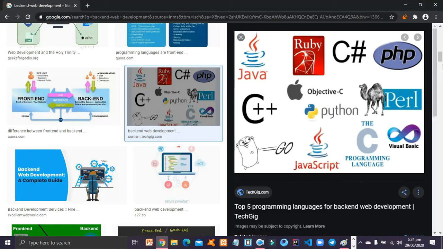So I hope you are understanding the basic front end of the website: how HTML structure works, how CSS design works, and how JavaScript works. So let us understand the back end of the website. We have understood the front end in depth, but for the back end we are not going in depth because the video is becoming too long. We will understand the back end in depth in another video, but for now I am giving you a simple idea of it.